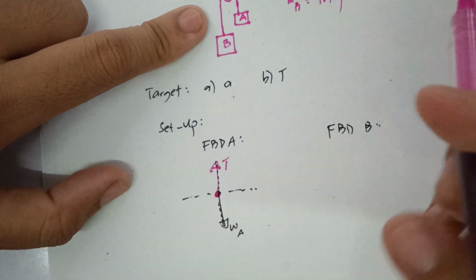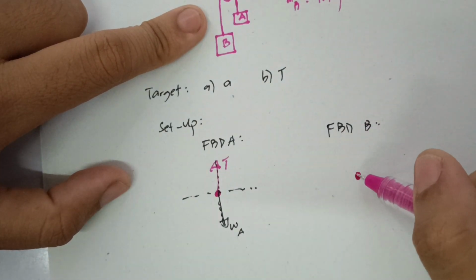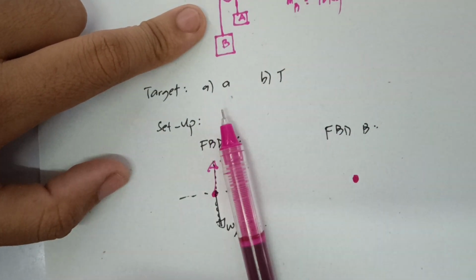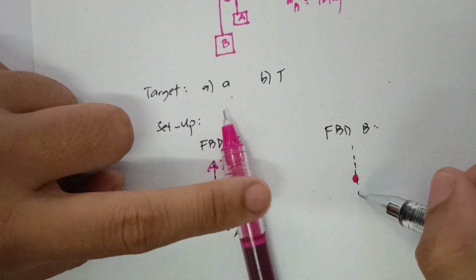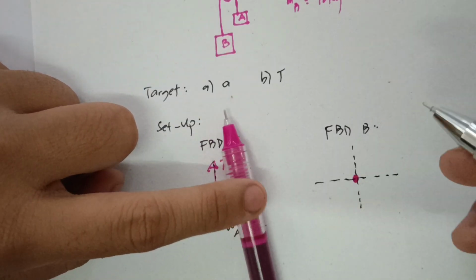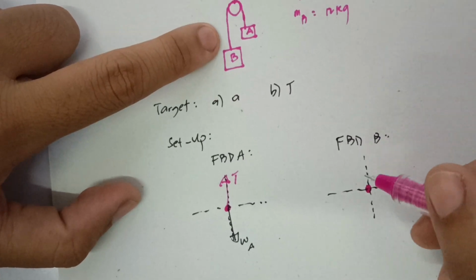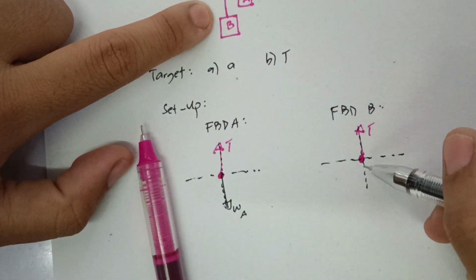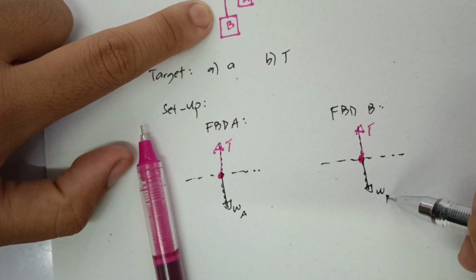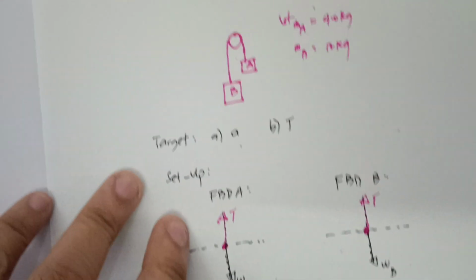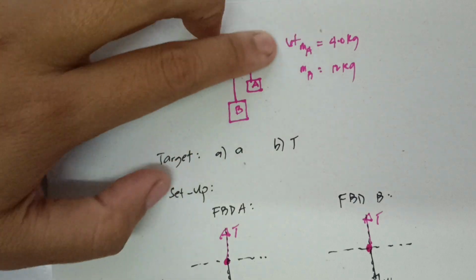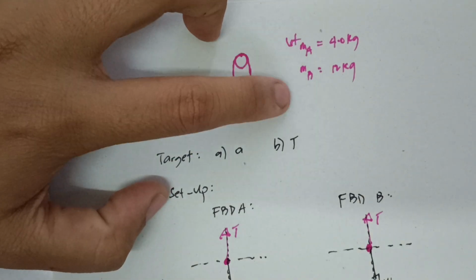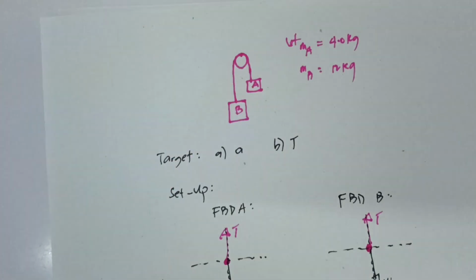Next is FBD B. Actually, the same lang, no? The same lang ang FBD B. And then, so this is your object B, Cartesian plane. There's a tension na nag-act sa B. And then, we have the weight sa B. Now, as you can see here, different ang kanilang masses. One is 4 kilograms, the other is 12 kilograms. So, obviously, guys,